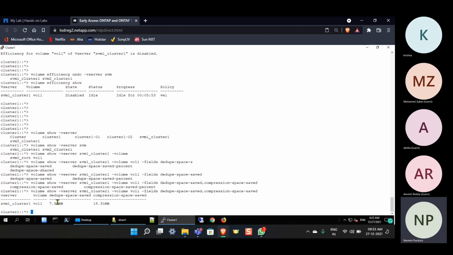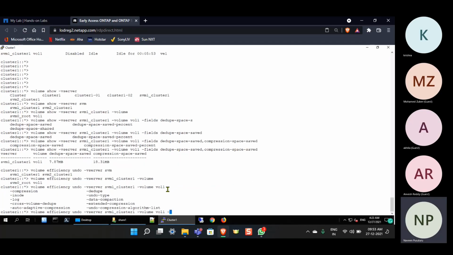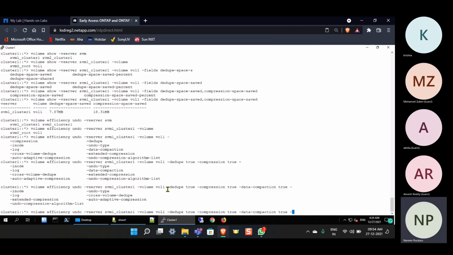Now I need to undo everything whatever it has saved. So volume efficiency undo, vserver name, volume name. I want to undo deduplication, true. I want to undo compression, true. I want to undo data compaction, true. I want to